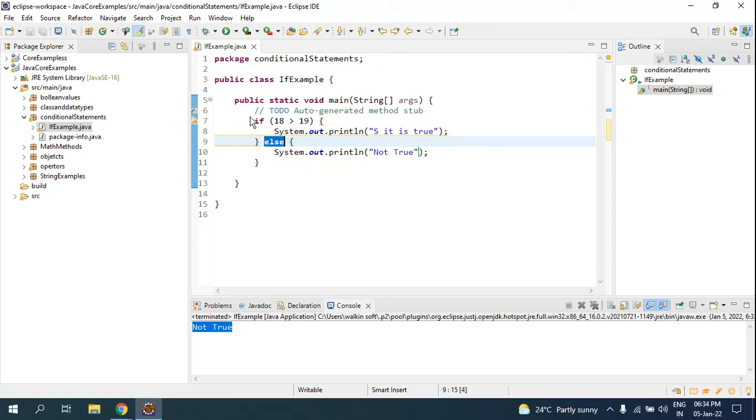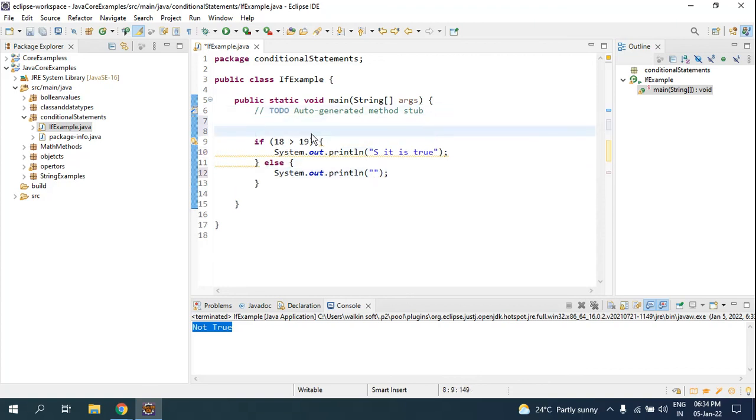So this is how if else works. Now I'll show you one example of how if else really works. I will take the previous example of Math.random. Here in the example, I'll declare a variable int age, and I will assign a value of 18, and I will ask the condition.